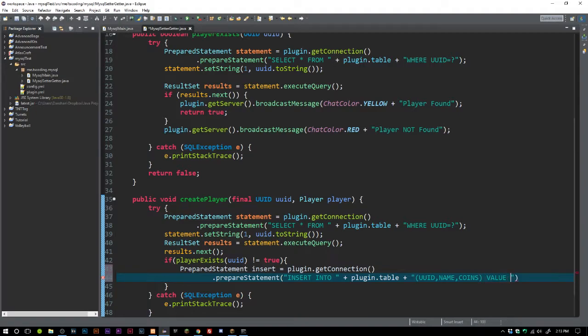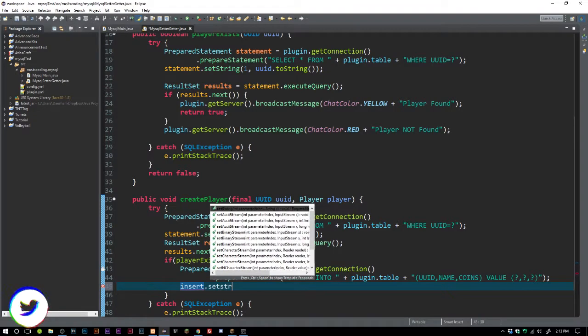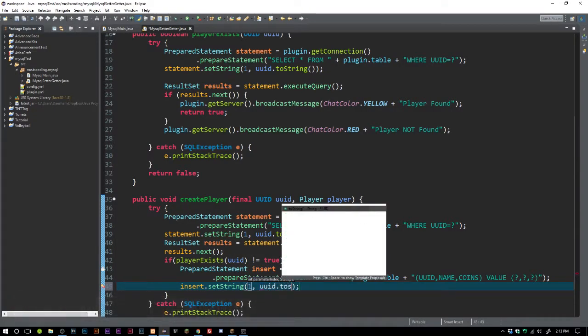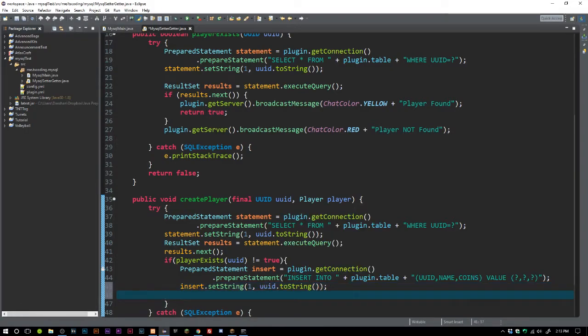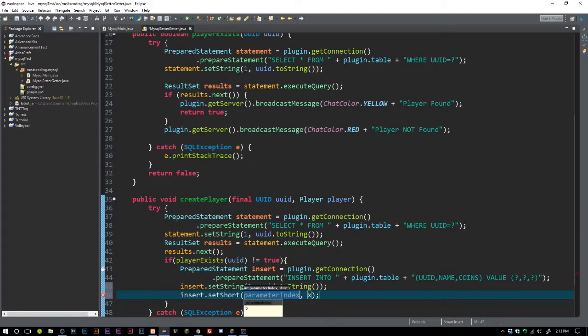Then we want to say values, and these are going to be the values. And now this is where we'd have question mark, comma, question mark, comma, question mark. And now that statement is ready. Now what we can do is say insert.setString(1, UUID.toString). Now we can say again insert.setString, oops, not short, string, and this is going to be 2,